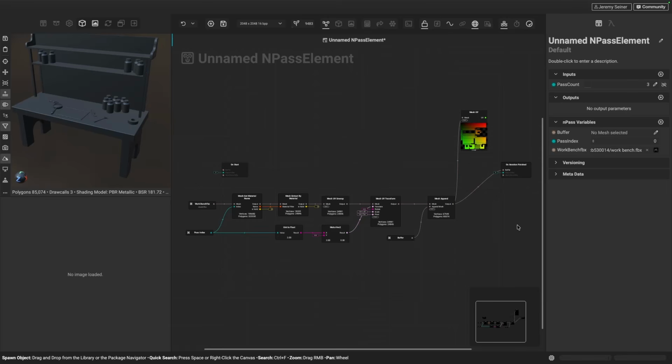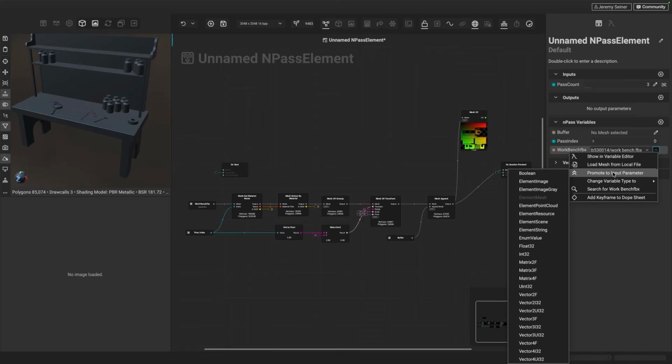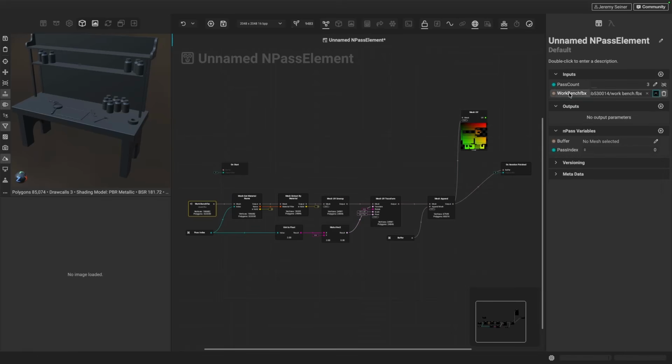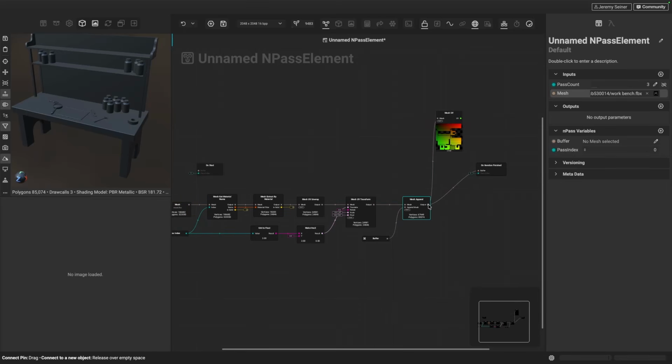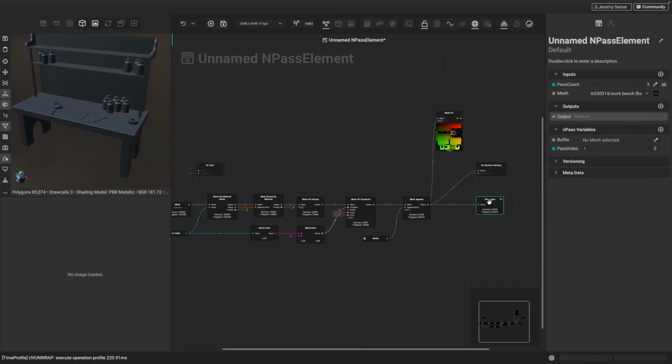Speaking of input mesh, let's go ahead and expose this workbench FBX. This is our input mesh here as an input for our graph. So if we do that here, and then I type this, let's call this mesh. Now, when we use this as a node, we can replace the input mesh, and it's going to go ahead and process the graph. In addition, what I want to do is also create an output. So at the end of the mesh append node here, I'm going to just expose this as an output so that we can get our final fully UV unwrapped and everything combined together mesh at the end of this node